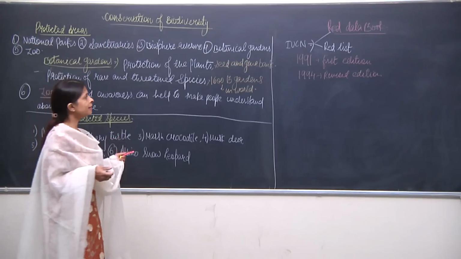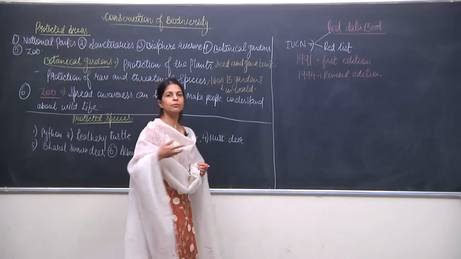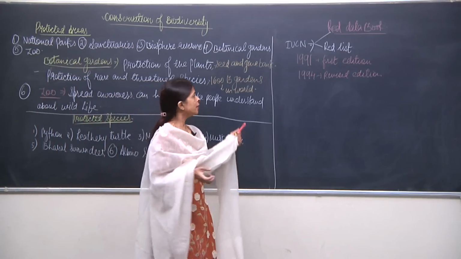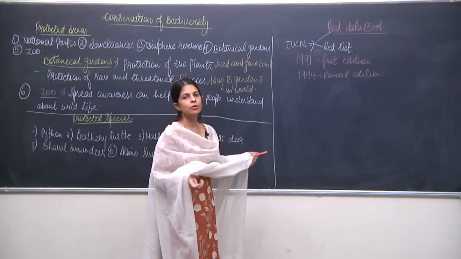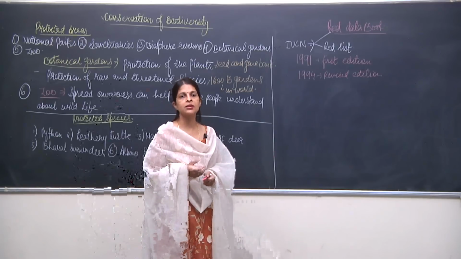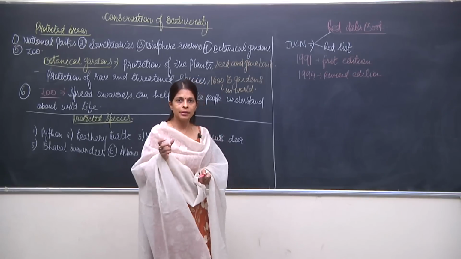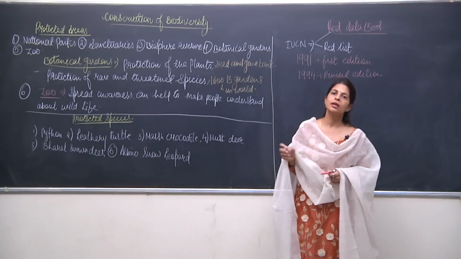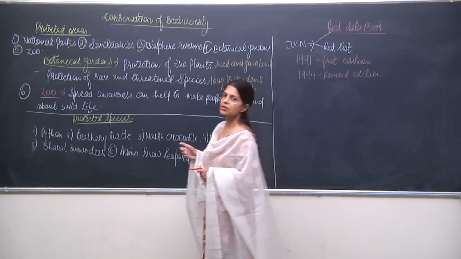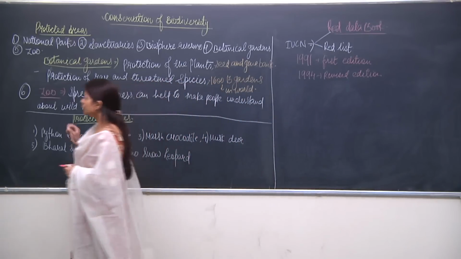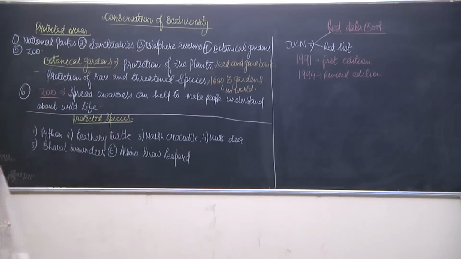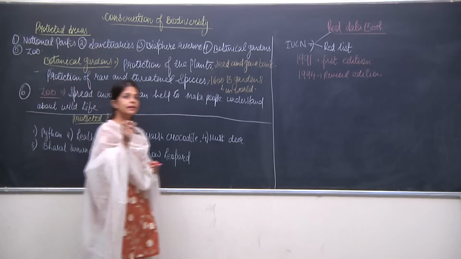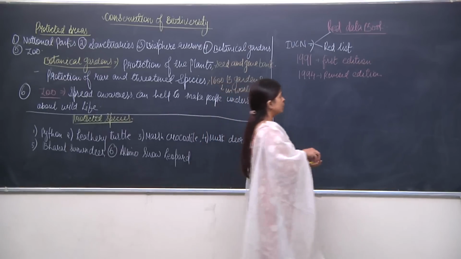So 1991, even the meaning of saying all this was that by the time you see this lecture, it is quite possible that one more edition comes into existence. So till now what I am saying is that IUCN has developed a book, the Red Data Book, and also a list which is known as the Red List. Now this book or this list includes the list of the endangered or the threatened species.